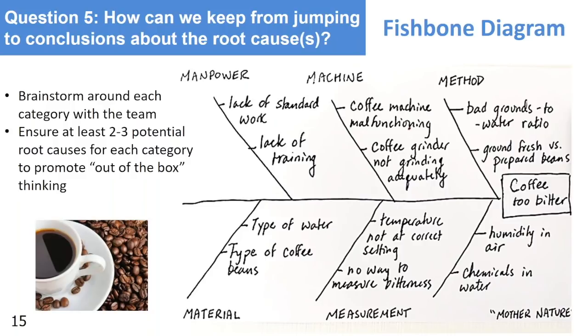Or chemicals in the water perhaps is affecting the taste of the coffee as well. So you can see how this goes. Around each one, you may have up to 10, 12 possible root causes. And then as a team, you want to narrow down which ones you want to pursue, to use the data to see if there's any validity behind that being the root cause for the problem